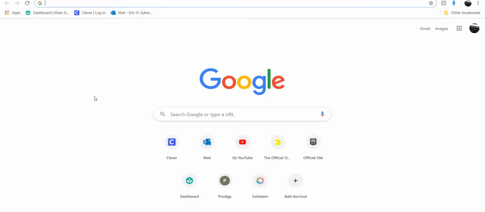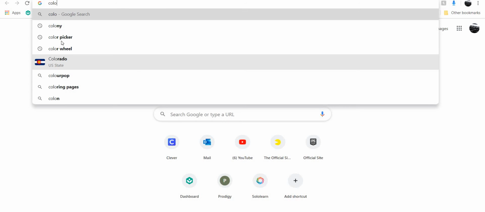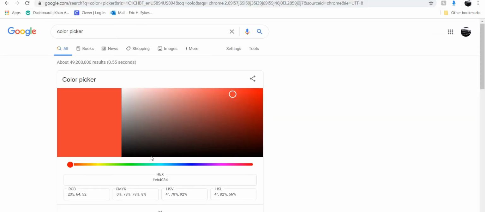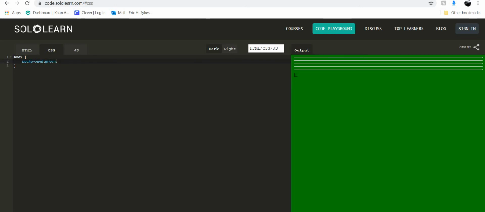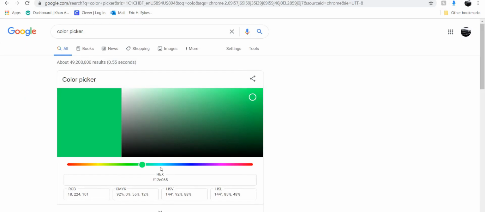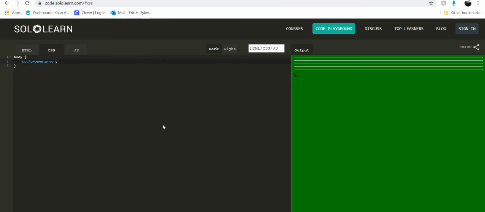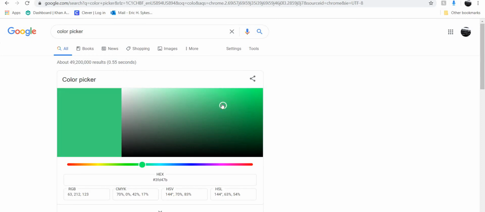Yeah. And then you search color picker on Google, and you get this. Or maybe it works on Microsoft Edge. I don't know, just use Google, I recommend that. So then you can just type in green. Let's say I want green as a background, and you can also do dark green, light green. But you can get all these different kinds of shades. So let's say you want a certain shade like this. So you go here, you copy and paste that,